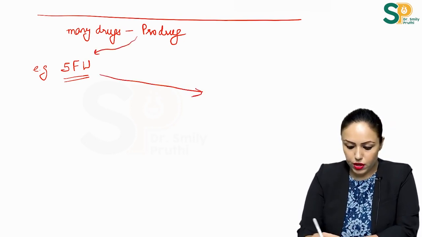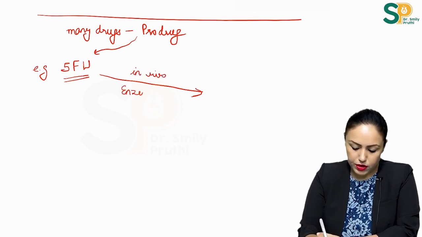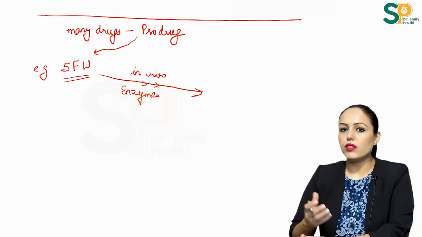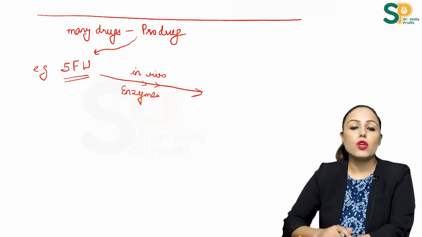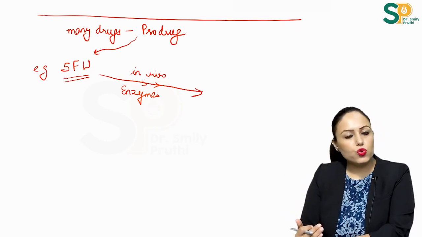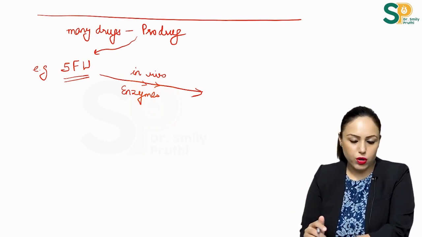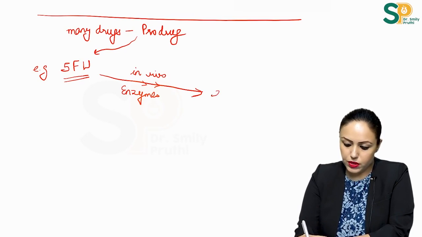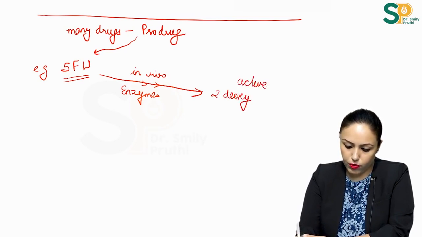So in body, in vivo, what will happen? It will be taken by enzymes, right? So many of the prodrugs are acted upon by enzymes so that they're converted to the active drug molecule. For example, in this case, it gets converted to the active form 2-deoxy-5-fluorouridylic acid,